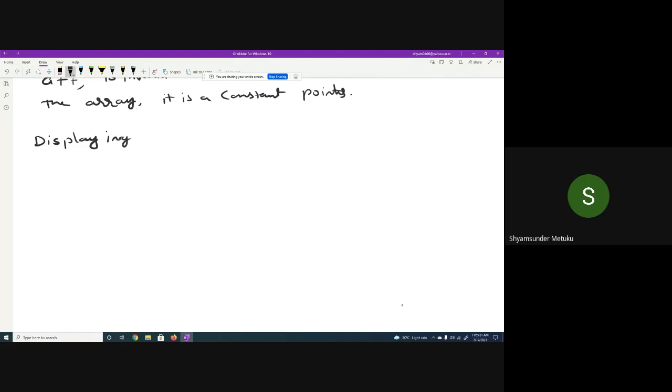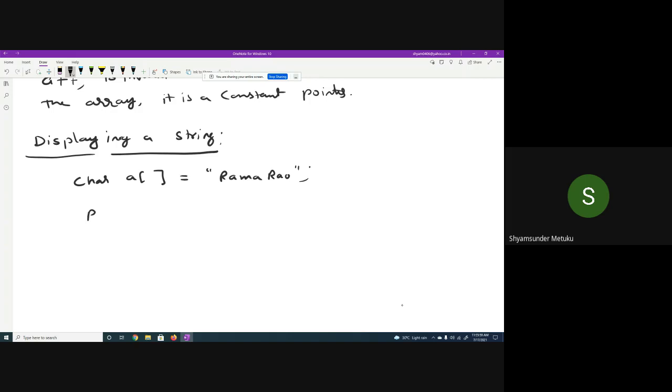Displaying a string, because the format specifier is different for strings. Let me declare a string like this, where I'm not mentioning the size of the array, because on the right-hand side I'm writing some text. Maybe Ramarao, I keep taking the same text so that you will not get confused. Backslash n is not required because the null character will be the terminating point for the string.